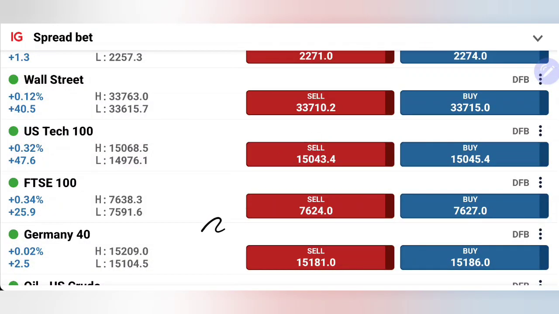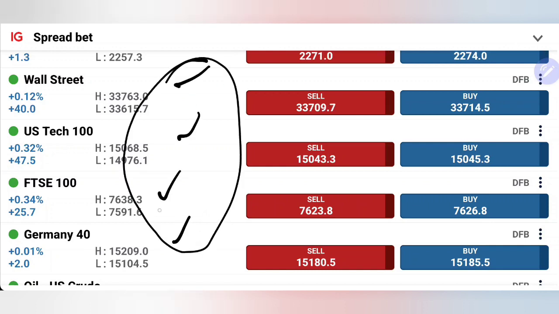Indices have opened the day on a slight bullish, whether it be DAX, UK100, Nasdaq100 or Dow Jones. All these four we are going to analyze in this review, and I will give you the trading levels and strategy for each of these indices. What to expect today, which position you should take and at what levels, everything we're going to see with the help